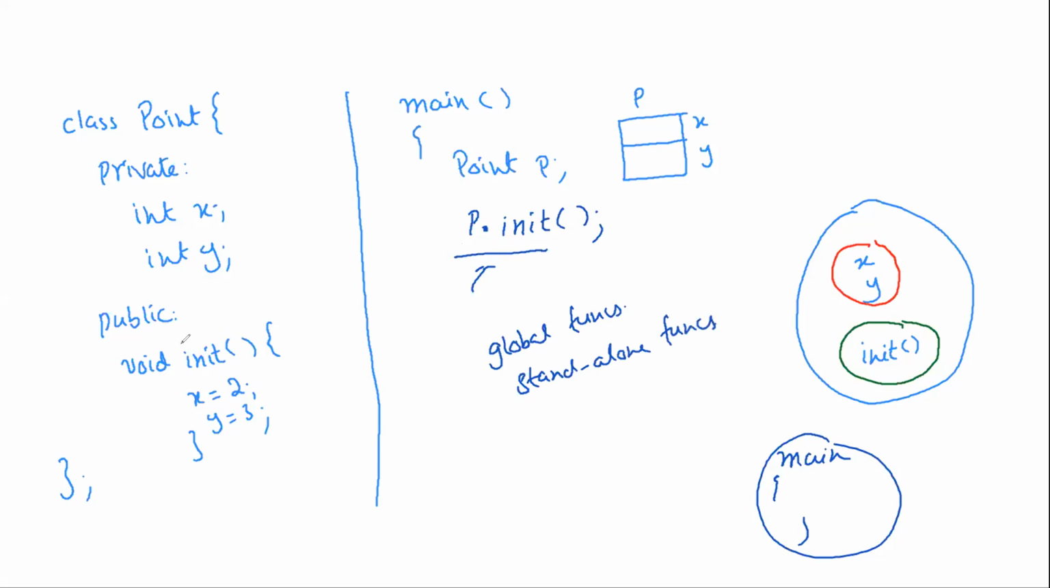Now here, if you see this part, it is very similar to the way you write a function, but there is only one slight difference. What is that difference? This function is inside this class point. And when a function is inside a class, we call it a member function. So if you want to use some technical terminology, you will say init is a member function of class point,